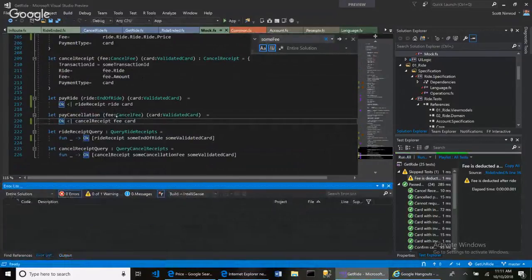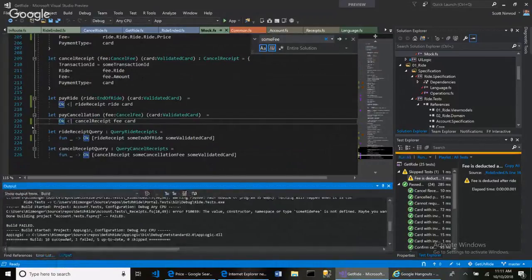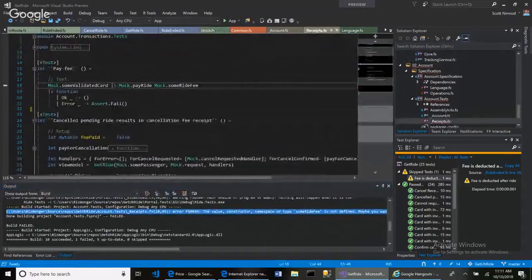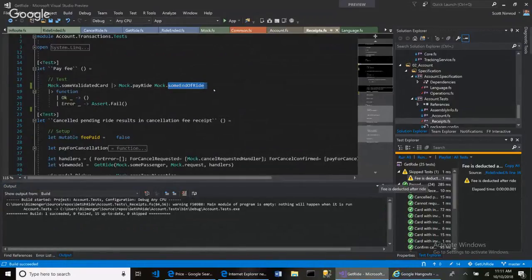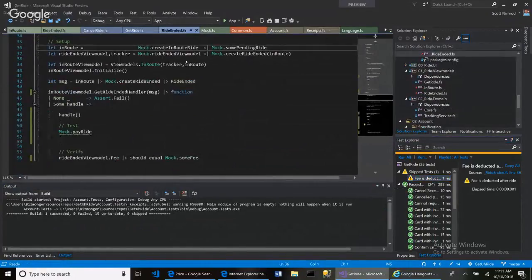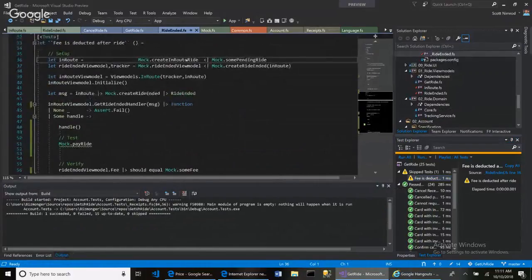And it looks like we don't have any issue. Yeah, we do. It says, if I go over here, this pay fee, you take some validated card, you pay ride, and it is mock dot some end of ride. Okay. You tend to build that again, and everything builds. Now, if we go back again to our test that a fee is deducted after a ride,